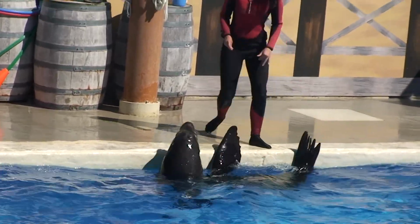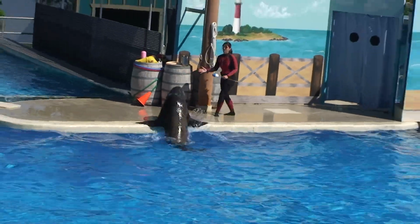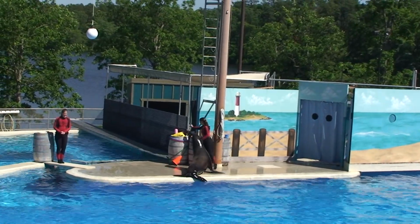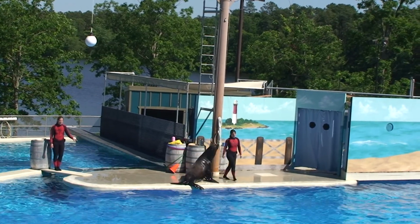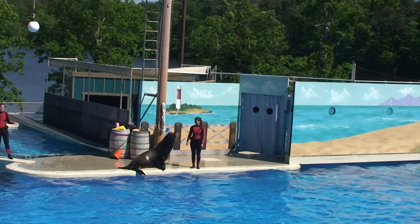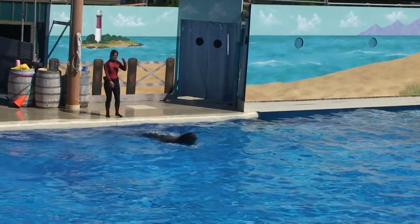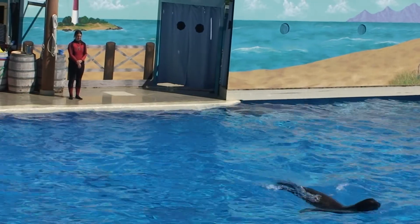So just like Anoki and T'Challa learned to follow that target, so will Trapjaw. He's going to follow it out there in front of all of you guys. So those of you in the first couple of rows might get a nice little splash there on a hot day. So the very first thing Vanessa's going to do is simply put Trapjaw into the water and point him out to Stacy so he knows exactly where in the pool he's supposed to go for this behavior. Make it very simple on this first approximation. And he's looking, you heard Stacy call him, and she's simply going to say the word okay